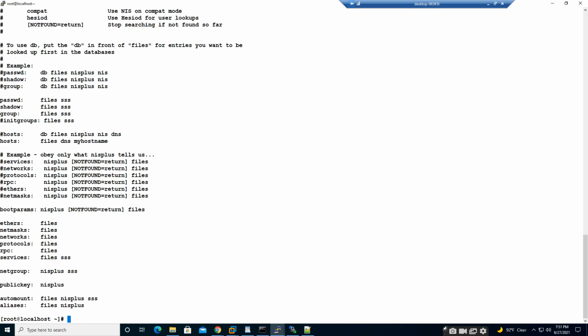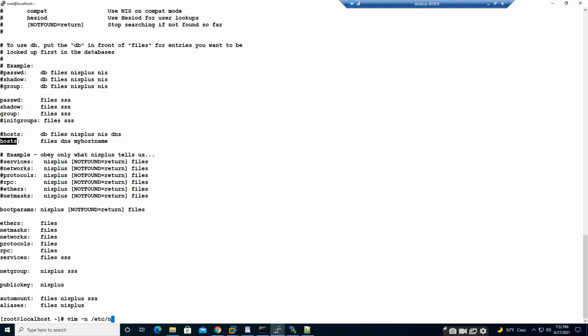Here if you see, the record for the DNS lookup is something like this. For hosts, first it will go to files, second to DNS, then the host name. So we need to change this format.